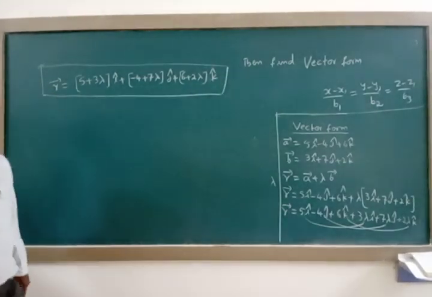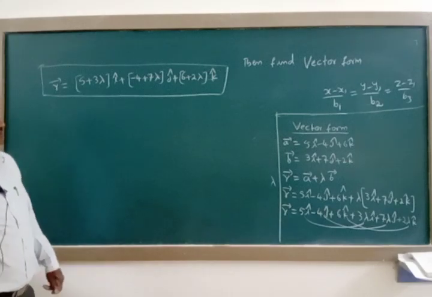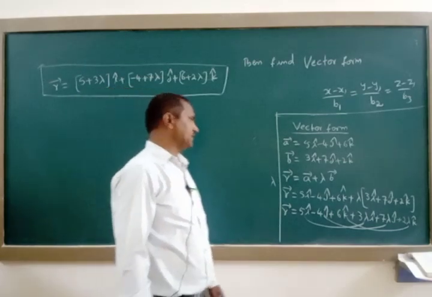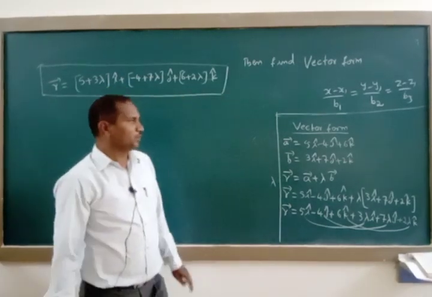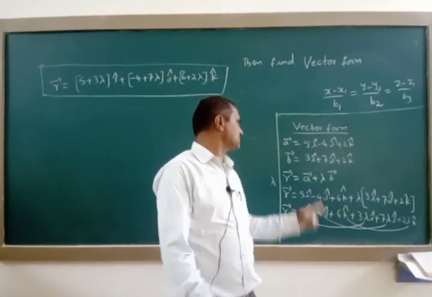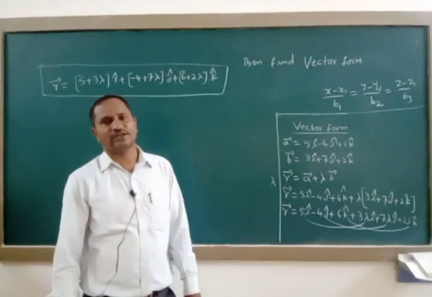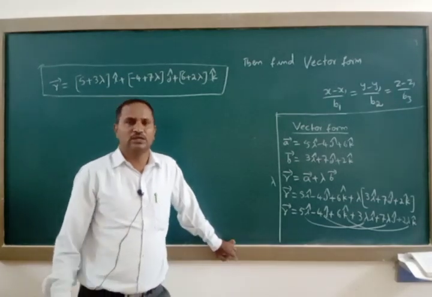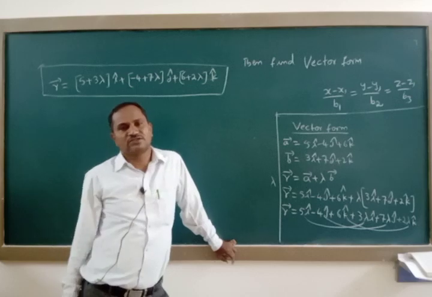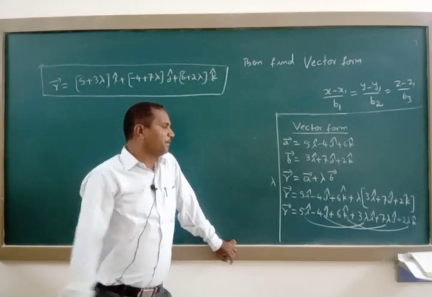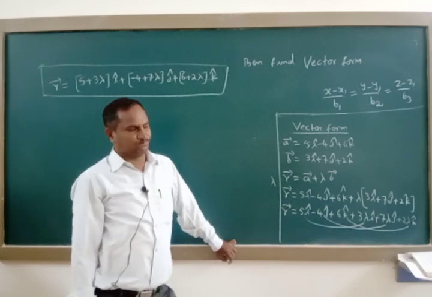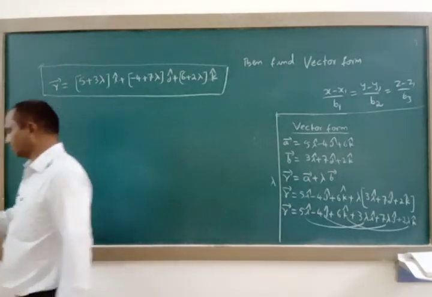They gave the question in Cartesian form, and with the help of that we have to find the equation in vector form. What do we need for vector form? We must collect those two vectors, a vector and b vector, from the given problem, then substitute these two vectors in the vector form of the equation of a straight line. This is the procedure for how to convert Cartesian into vector form. Next question.